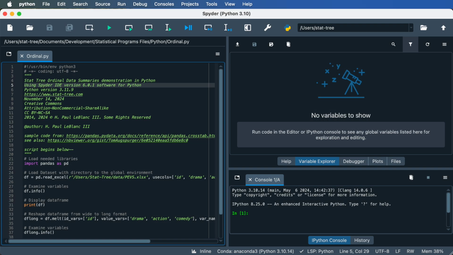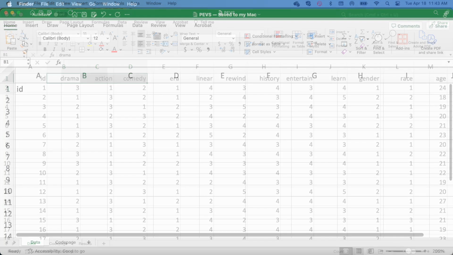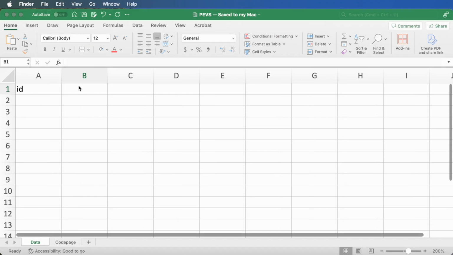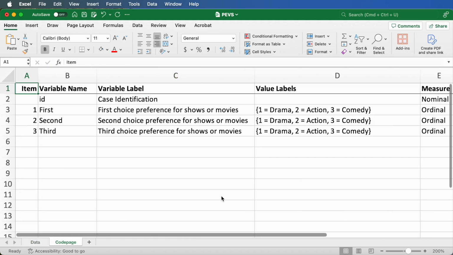If you are importing data directly into a Python environment from an Excel CSV file, there are 2 methods for scoring this ordinal data survey item. The type of information you wish to derive from the data will determine the method chosen. The first method involves creating 3 variables listed as first choice, second choice, and third choice. This method provides the researcher with the opportunity to make frequency or percentage comparisons across degree of preference.